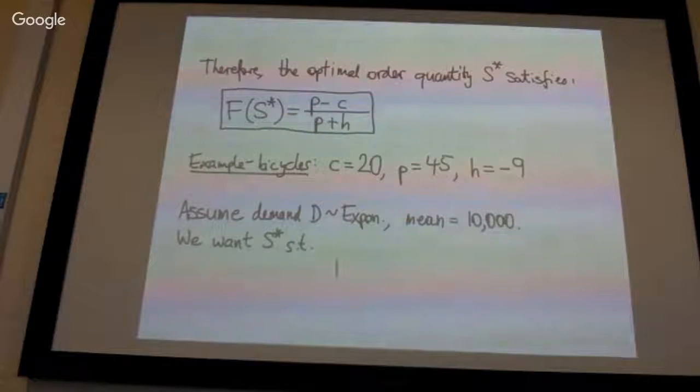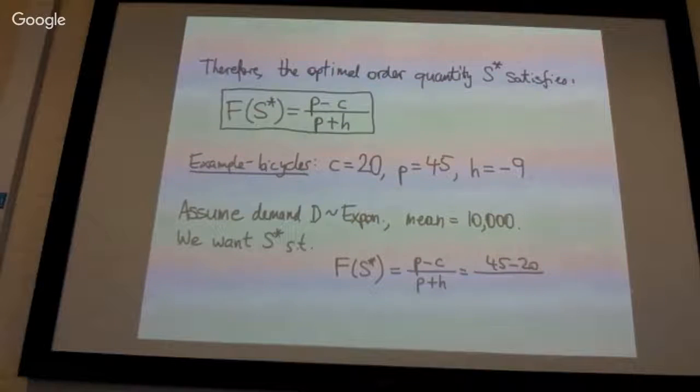So F(S*) is (P minus C) divided by (P plus H). That's our formula that minimizes the cost, which is (45 minus 20) divided by (45 minus 9), which is 25 divided by 36. Now,